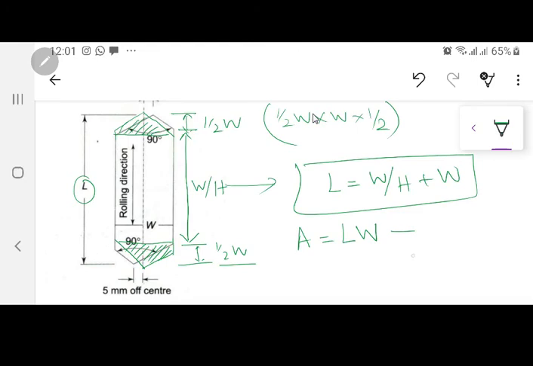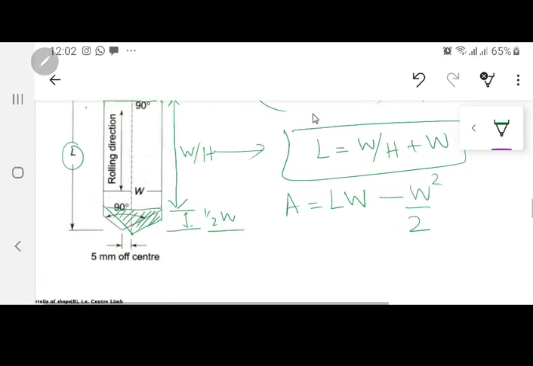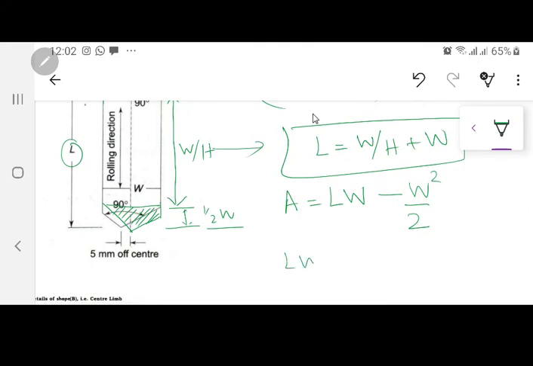LW minus... भाई एक ट्राइंगल का एरिया क्या बना? 1 over 4 W square. दूसरे ट्राइंगल का भी 1 over 4 W square. So this will be LW minus W square by 2. This is the area. You are going to multiply this area, LW minus W square by 2,